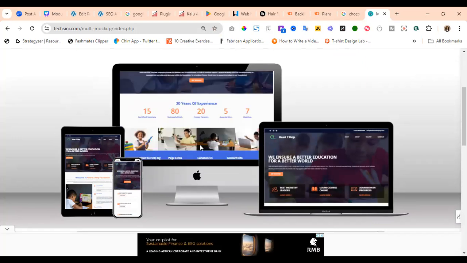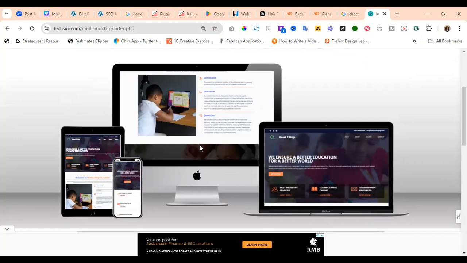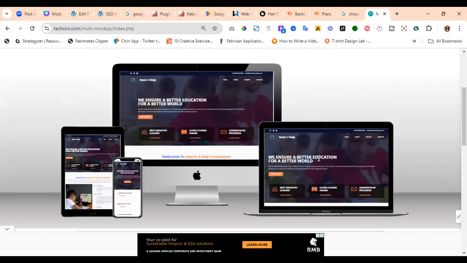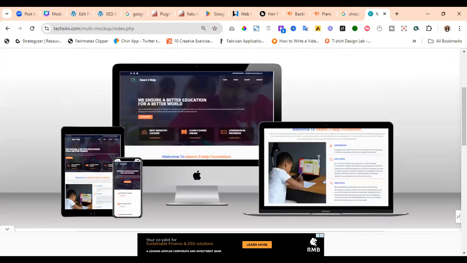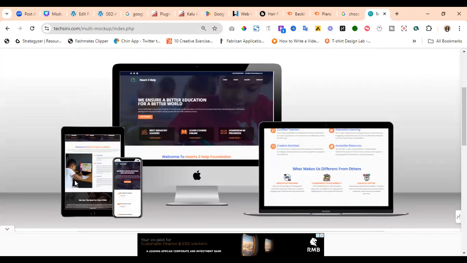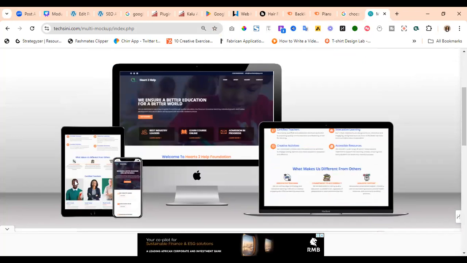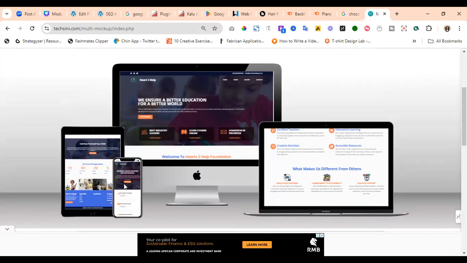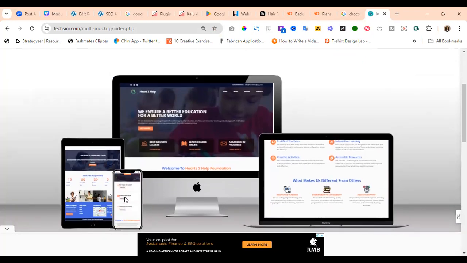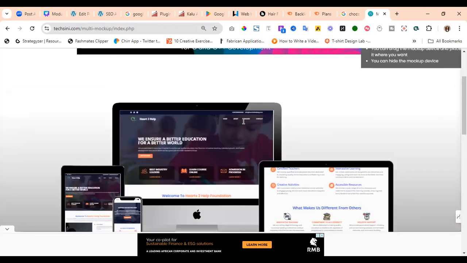So for the web, for the desktop, this is how it looks. For the laptop, this is how it looks as well. For the tab, this is how it looks on the tab. Then for the mobile, this is how it looks. If you look at the mobile, you see that the mobile view is optimized. So this tells me that, okay, fine, everything is looking good on the website before I can finally release